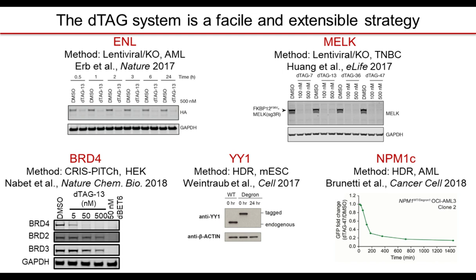We've also been able to use knock-in approaches to knock in our tag at endogenous loci. One of our first examples here was we were able to knock in our tag at the BRD4 locus. This gave us an opportunity to selectively degrade BRD4 with our dTAG molecule and compare this to our pan-BET bromodomain degraders, dBET1 and our second generation dBET6, which, as I mentioned, hit BRD2, 3, and 4. So this was a nice example where we could then compare the effects of selective degradation versus pan-degradation of this